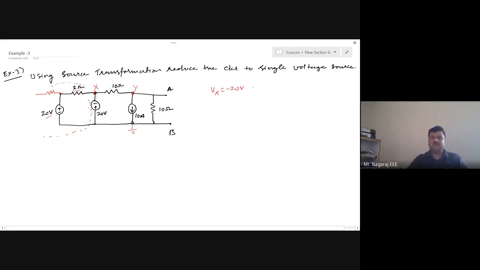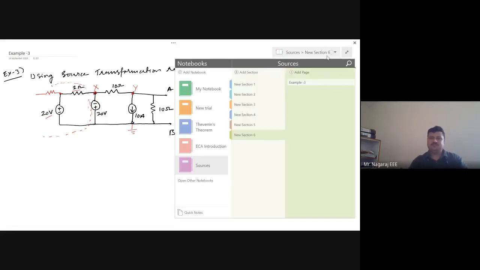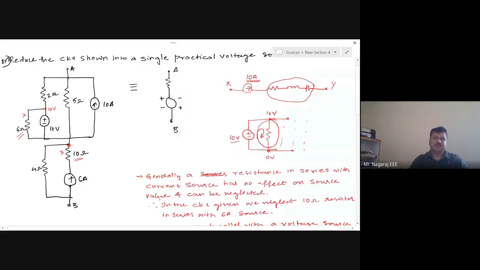It is like this, guys, in the same section 1, what we have seen, the first numerical. See, here this is 10 volts, right? The node voltage here is always 10 volts, irrespective of what this 6 ohm is doing here. Now, in series with 6 ohms, whatever comes has got nothing to do with this node voltage. It will always be 10 volts. Do you agree? Yes or no?